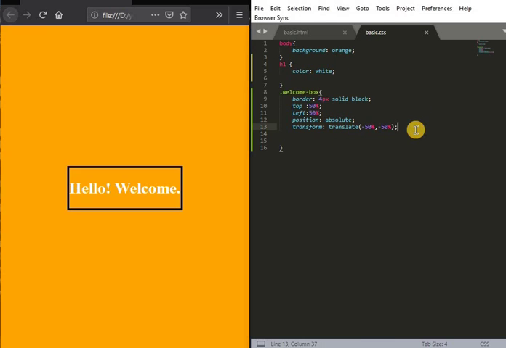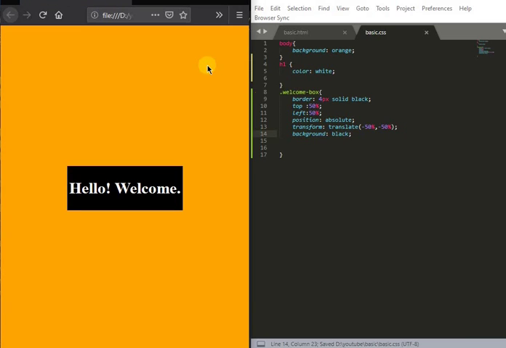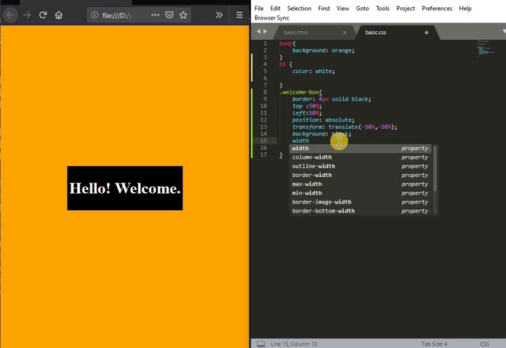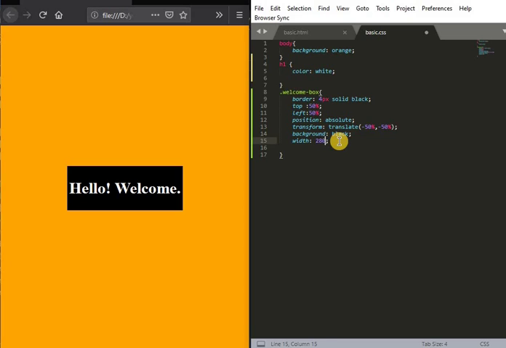Okay, now similarly you can give a background. A background color of black. Now you can see hello welcome on black. Then what else? You can specify the width of this. Width, let's see, 280 pixels.